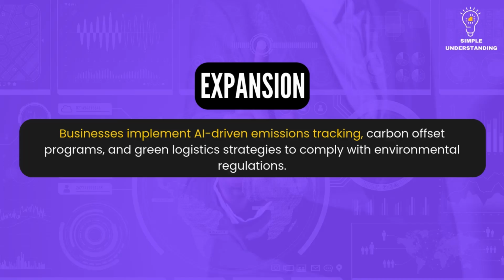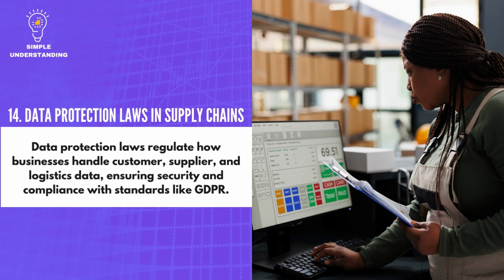Expansion: businesses implement AI-driven emissions tracking, carbon offset programs, and green logistics strategies to comply with environmental regulations. 14. Data protection laws in supply chains. Explanation: